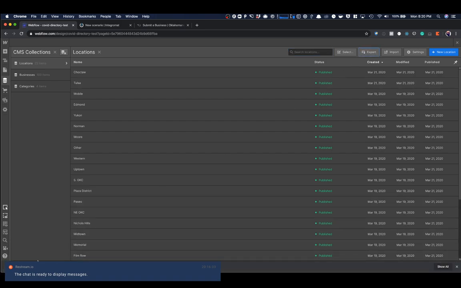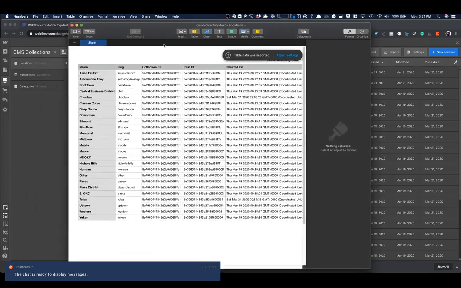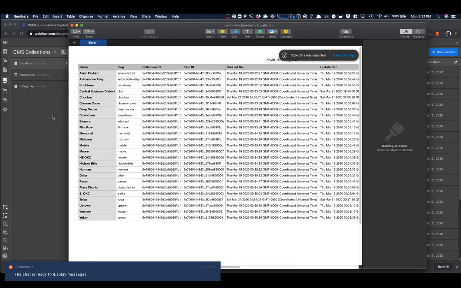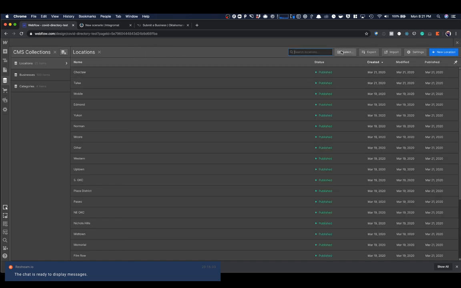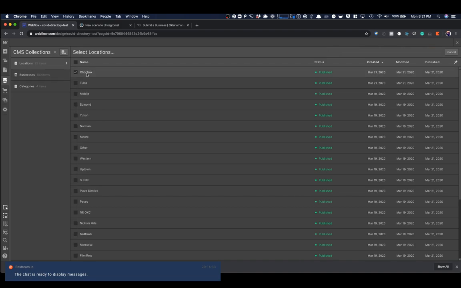And when you export in Webflow now, one thing it does when you export your data from a collection is that it gives you the item IDs. So this is where we can get those, or if you don't want to get them this way, you can actually click into each item and get an item ID. So what I'm going to do to make this a lot easier is I'm going to cut this down to just a few locations to make it easier. So I'm going to remove a bunch of these